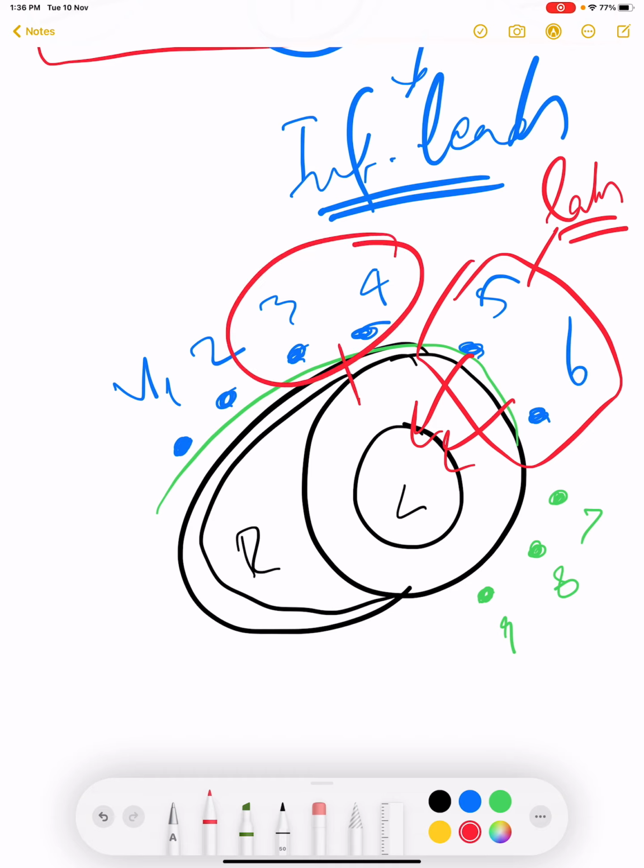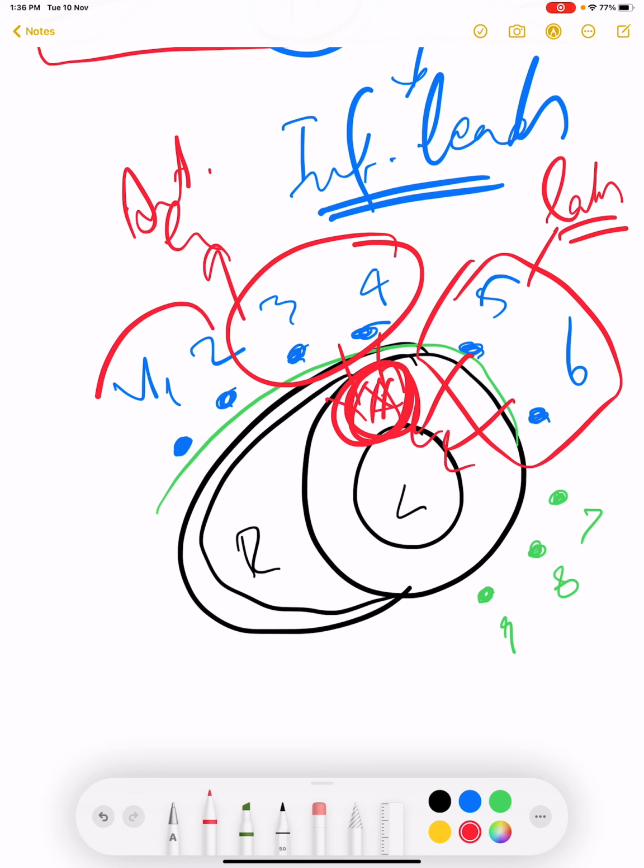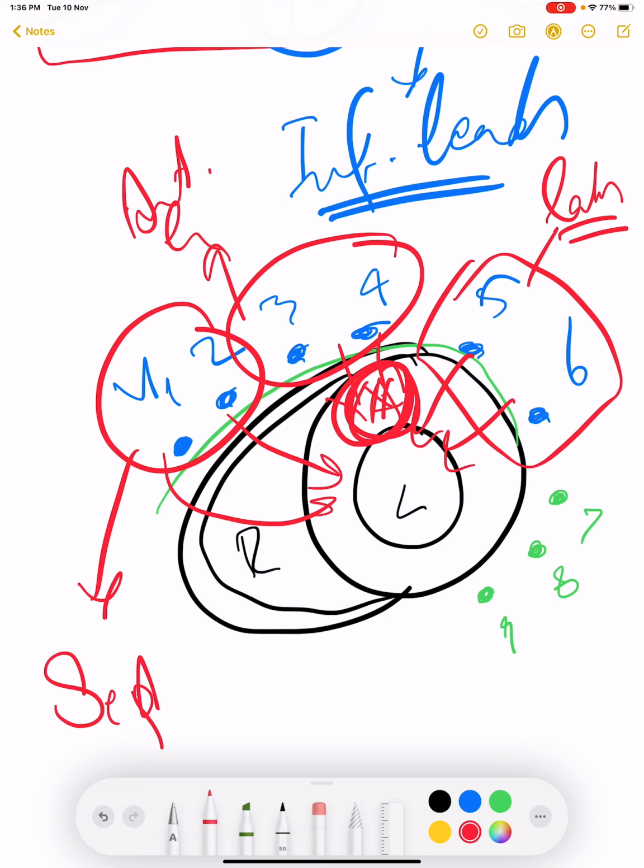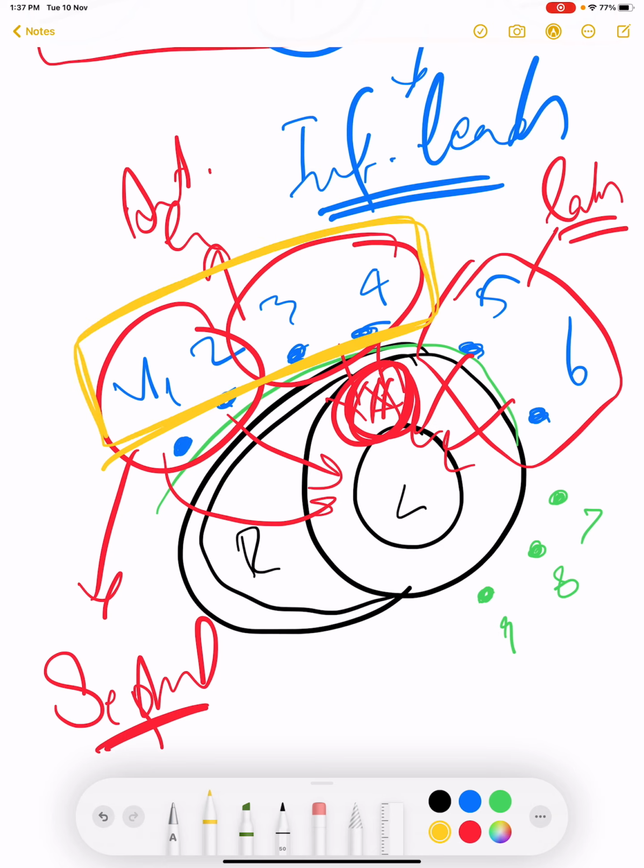Leads 3 and 4, because they are looking at the anterior wall of the heart, are called anterior leads. While leads 1 and 2, because they are looking at the septum of the heart, are called septal leads. Or sometimes we can call leads 1, 2, 3, 4 combined the anteroseptal leads.